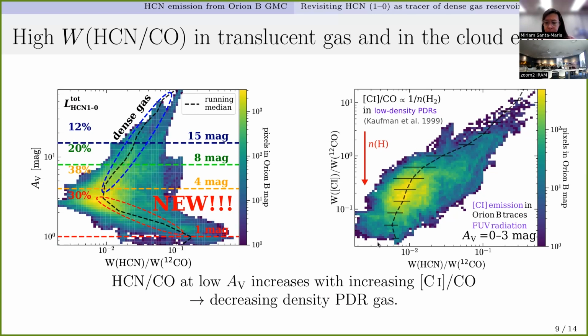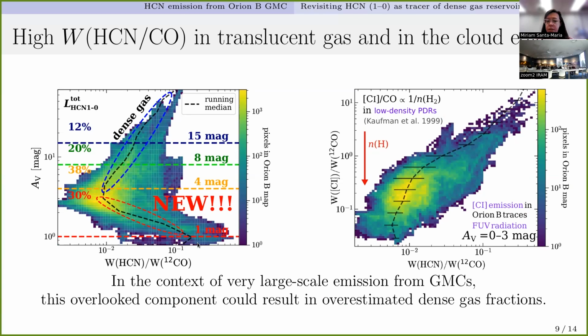So what we see here is that the atomic carbon to CO ratio increases as the HCN to CO ratio increases. So in the left-hand side histogram, as the density decreases,